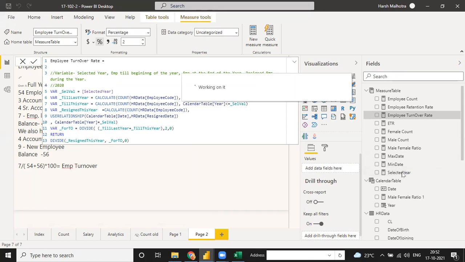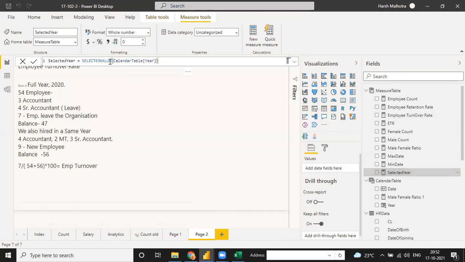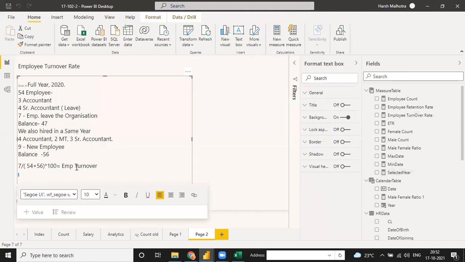This selected year, how to calculate selected year. First you need to remember selected year means just a selected value, and under this calendar table you select your year column. Okay, so I can write it here. Step 1: select a particular year.